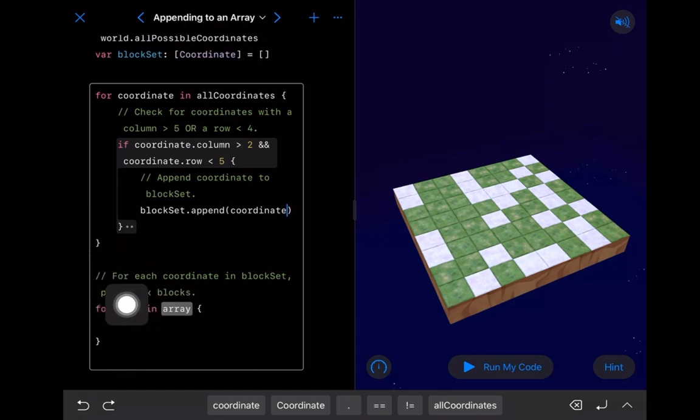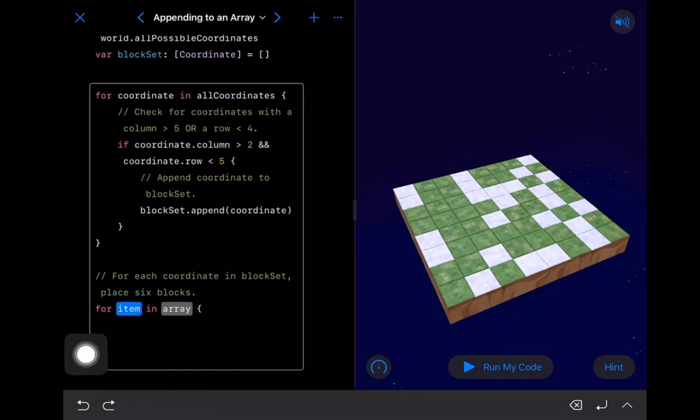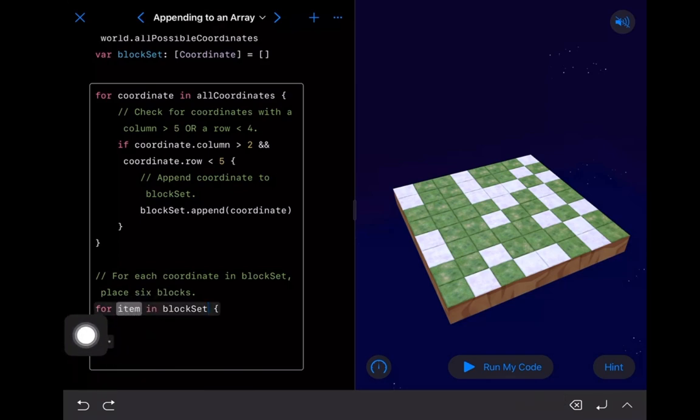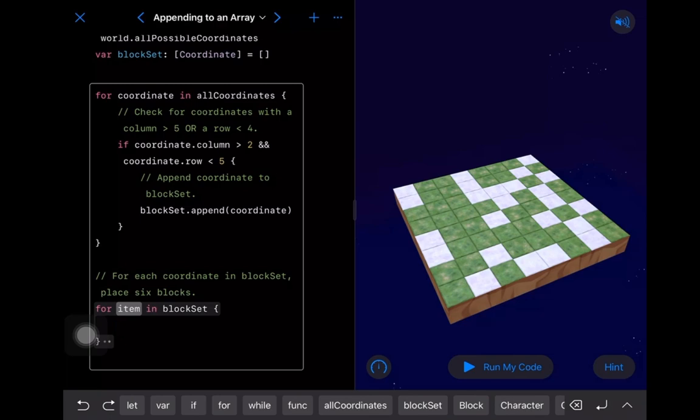Okay, and then afterwards, what does it say? For each coordinate in block set, place 6 blocks. Okay, well, cool. So we'll say that the array that we want to loop through is block set, right? So we'll say for item in block set, we want to place 6 blocks. So we'll say,